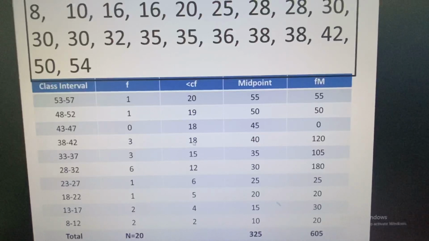Then after that, you are going to get also the total. Why we need to get the total of the midpoint and the frequency times midpoint? Because you are going to use that in solving measures of central tendency for group data, the mean, the median, and the mode. Okay guys, I hope you understand about this